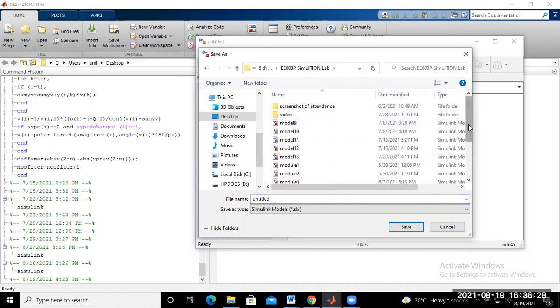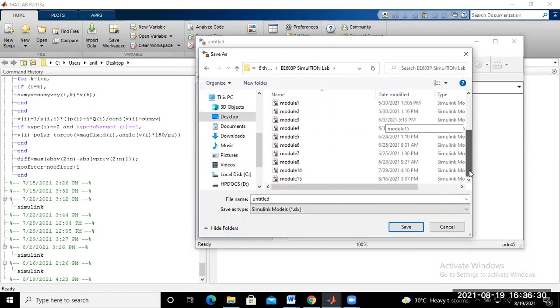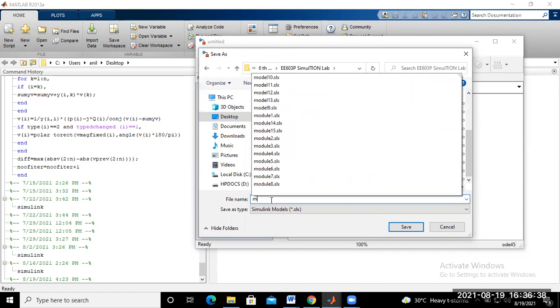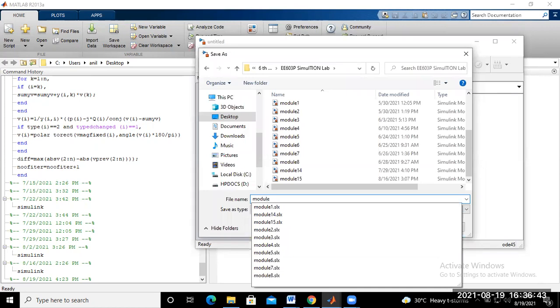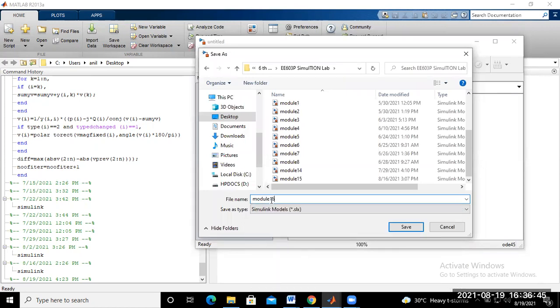We have already simulated some models, so this one is named model 16.